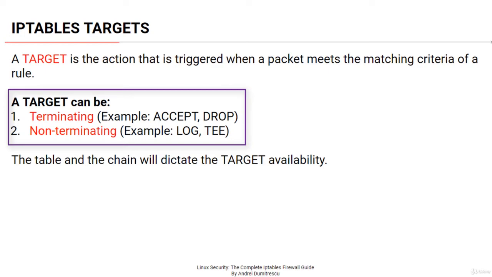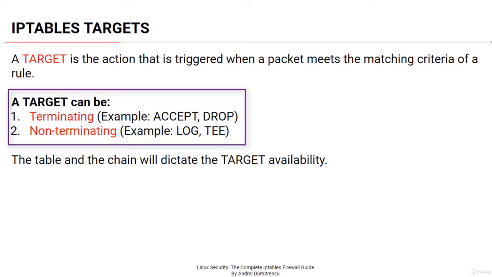Terminating targets perform an action which terminates the evaluation within the chain. The packet matched by the rule will not continue traversing the current chain or any other ones in the same table. Depending on the target, the packet might be dropped or accepted. Drop is such a terminating target. For example, if the matching criteria of a rule is DROP, the packet is dropped and no other rule will be